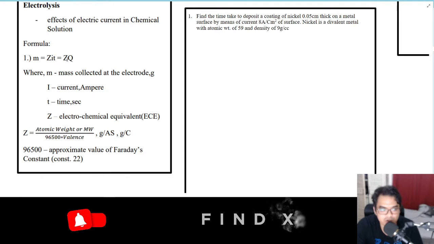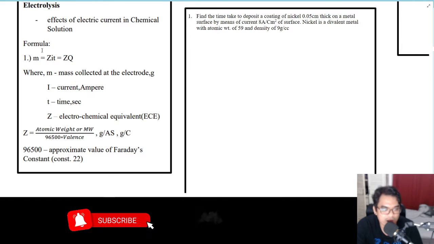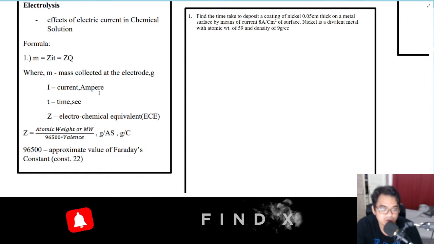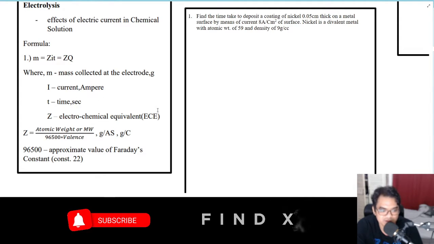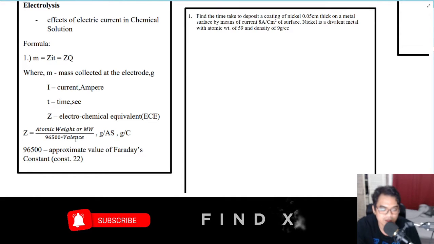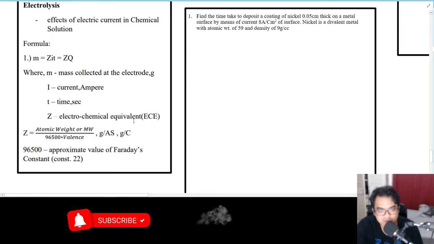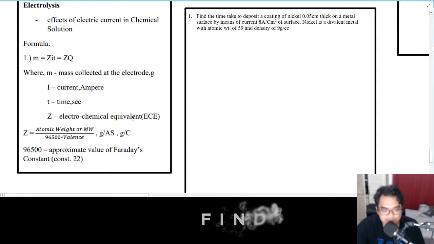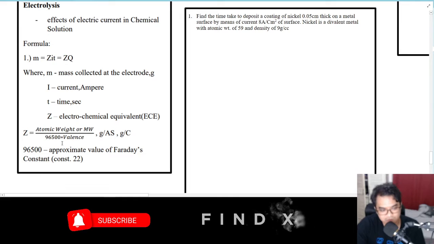Q is actually the charge. So ampere times time is actually a charge. The capital I is the current, and the unit should be in ampere, and time should be in seconds. And then Z is equal to the electrochemical equivalent, or ECE. So Z is equal to the atomic weight or molecular weight all over 96,500 times the valence. The unit should be grams per ampere second, and the 96,500 is actually the approximate value